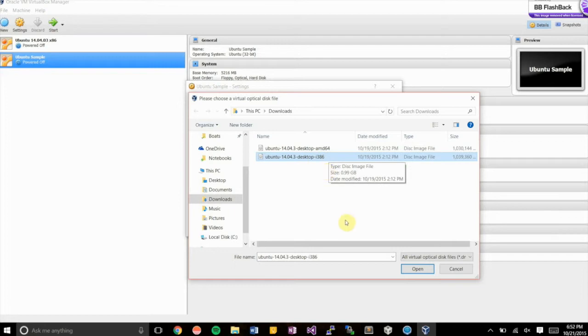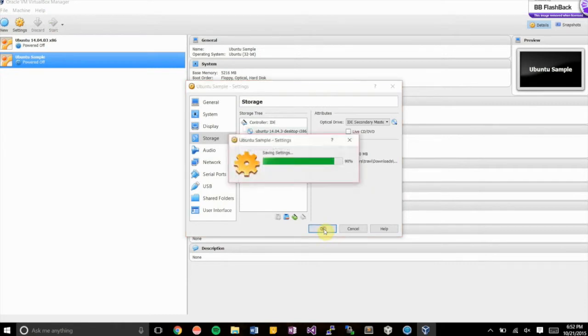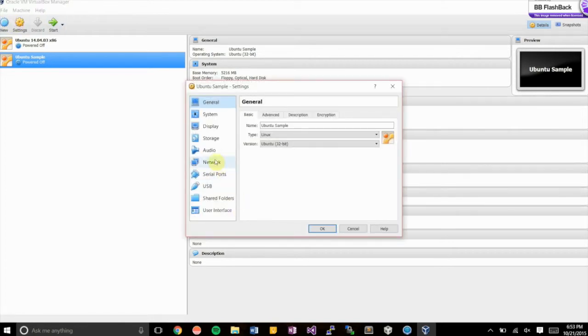And again, the i386, we're using the x86 version, so you open that and you're good to go. So you click OK. And now that has been mounted. You can see this IDE secondary master is that version of Ubuntu. So now some of the other settings is, okay,